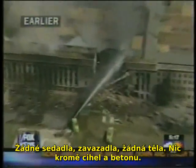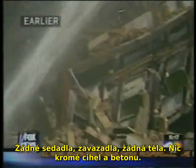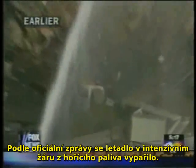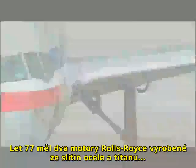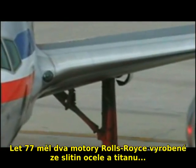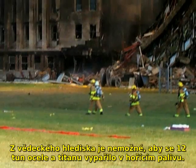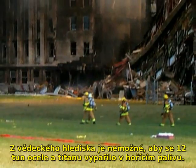No seats, no luggage, no bodies. Nothing but bricks and limestone. The official explanation is that the intense heat from the jet fuel vaporized the entire plane. Flight 77 had 2 Rolls-Royce engines made of steel and titanium alloy and weigh 6 tons each. It is scientifically impossible, but 12 tons of steel and